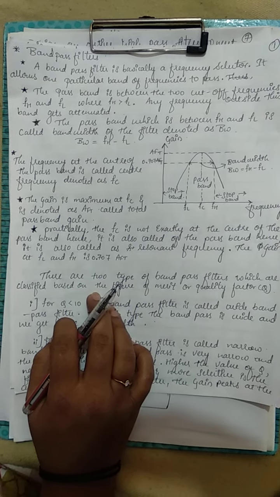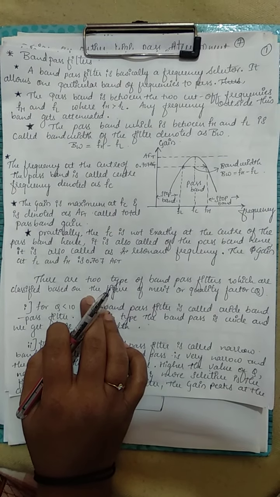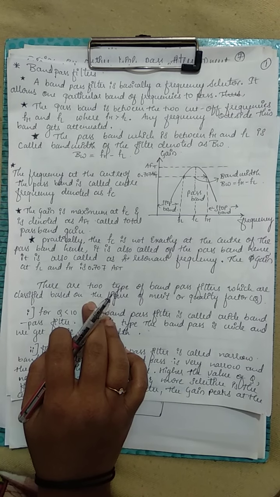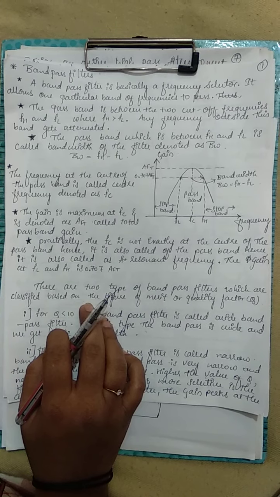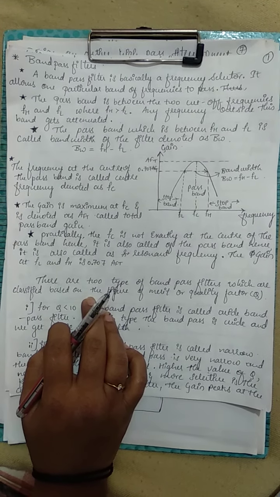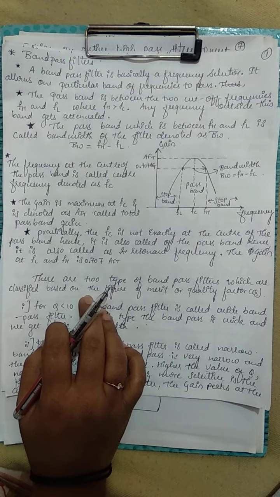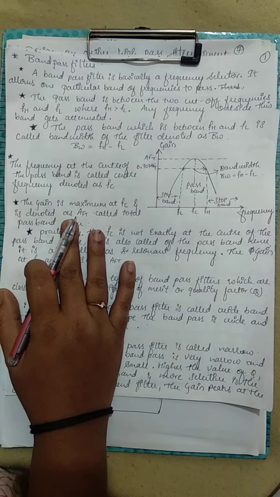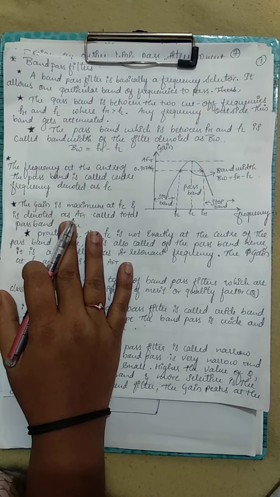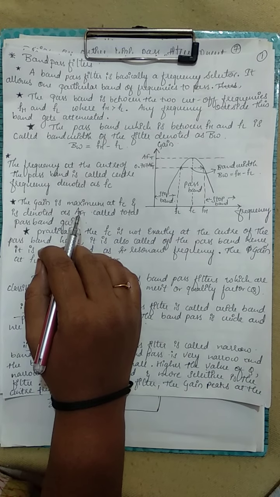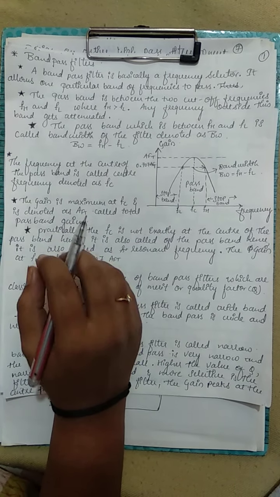Good morning, dear students. In the last session, we studied the first order high pass and low pass filters and second order high pass and low pass filters, and we solved some problems on that. So next is the band pass filter. So what is a band pass filter? A band pass filter allows a certain band of frequencies, and the remaining are eliminated.